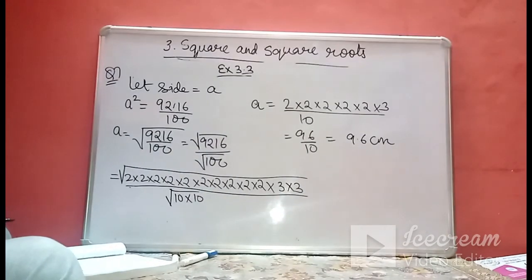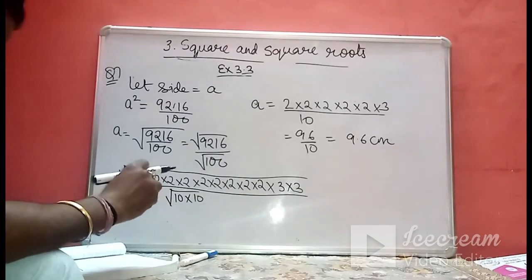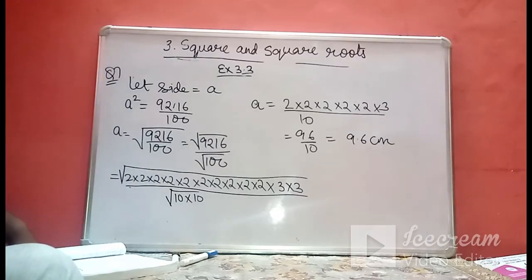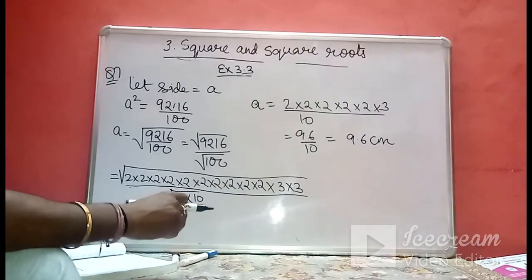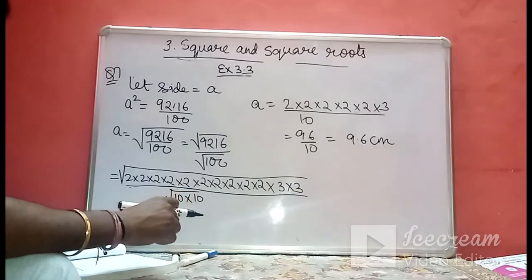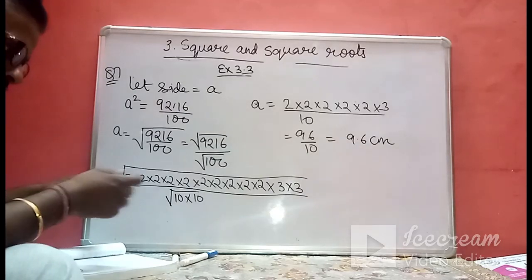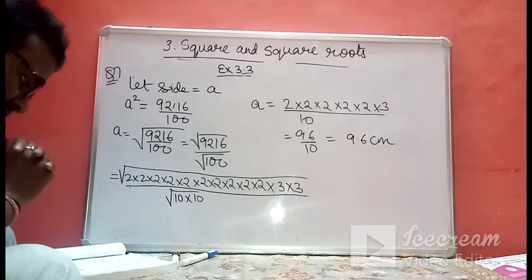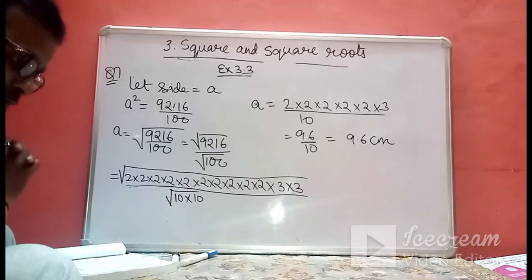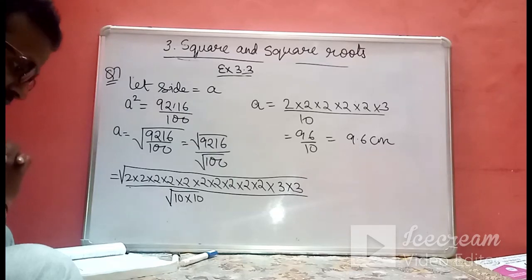Okay. So in this manner we can calculate the length of the side. So in this exercise we have seen few large numbers whose long division was very much lengthy, and sometimes the long division is having the bigger prime factors. So for those type of questions where it is difficult for us to find the prime factorization due to their large size or having the large prime factor, for those type of numbers we will use the long division method, which is a very useful method. So in the next class we will discuss the long division method. Thank you.